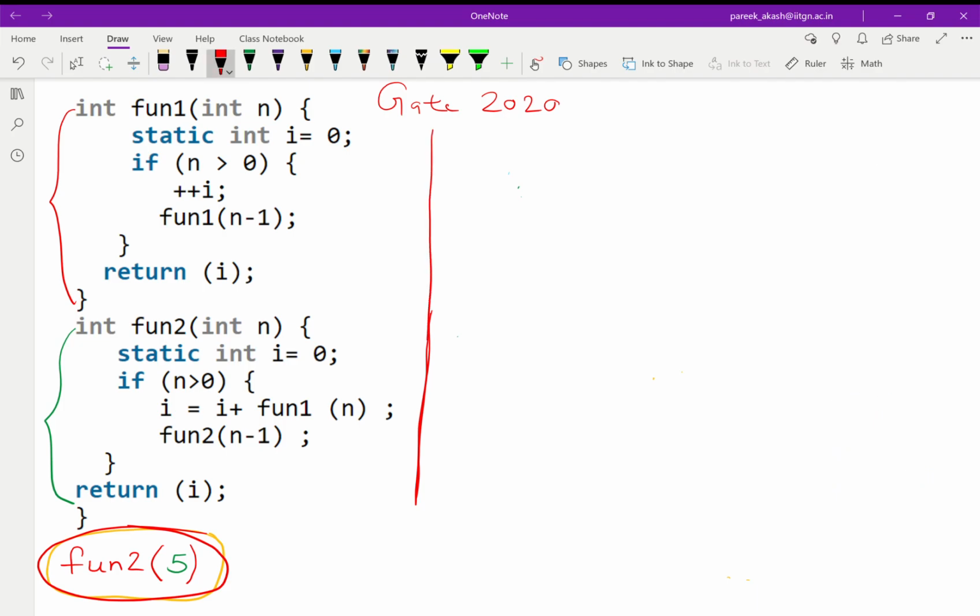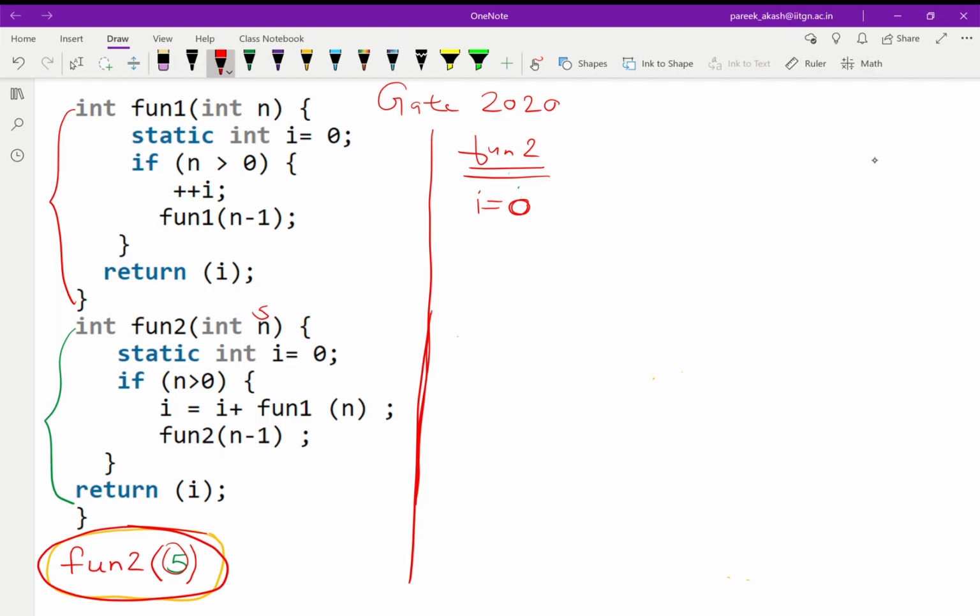So for fun2, let me write this side as fun2. I have a variable i which is initially 0, and this is a static variable, and we know that if a static variable is initialized once, it will never be initialized again. Now we have a value n, and as we are passing 5 from here, n will contain 5.